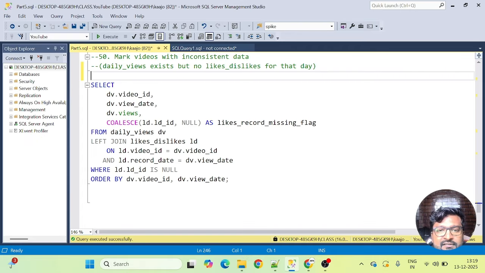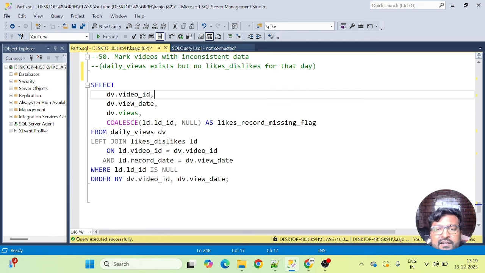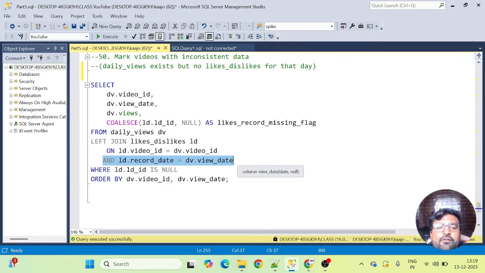Now the reason I'm stressing this thing here, for that day, is because in the daily views table we have multiple records for a single video, because it was viewed on multiple, different dates. Because of that we're trying to find the anomaly or the inconsistency only for specific days. That's why you see I've kept the join with the date also here along with the video ID, right?